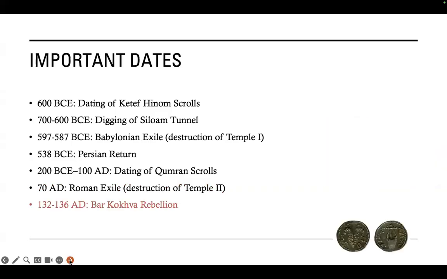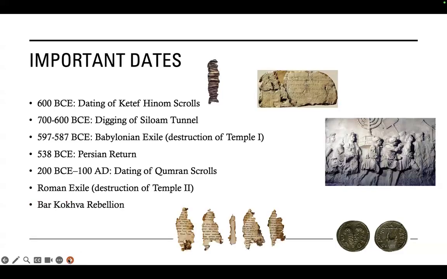The last event that we have in the territory that is now modern Israel and the surrounding region is the Bar Kokhba rebellion, which was the last rebellion of the Jews against the Romans. Again, we have coinage, we have other material evidence that confirms the dates of the rebellion, 132 to 136. This is a big event for Jews, but for the Romans, it was just a blip on the screen. But it was a huge blow for morale, even for the people who were already in exile in Rome. And those are the people of whom we'll be speaking when we read the Talmud.